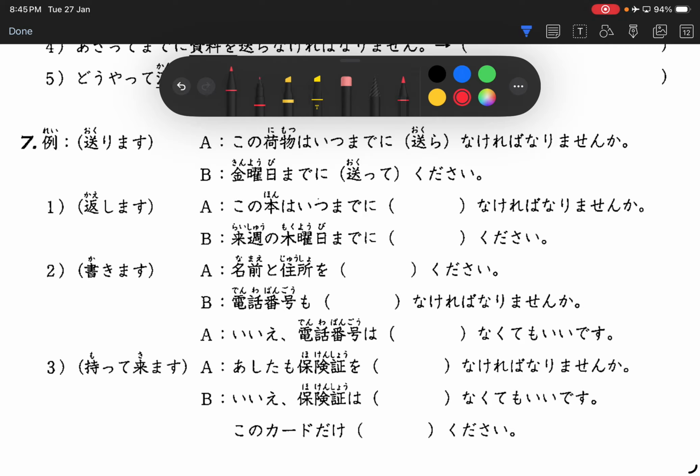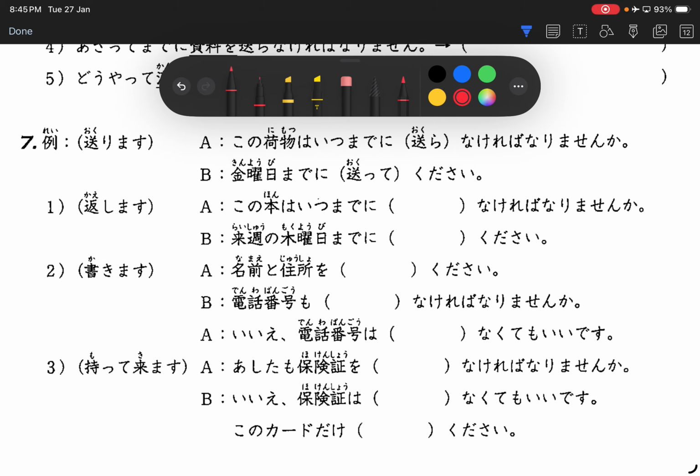Remember, for the negative we just change the い to か. So 書かなければなりません。Question, there's a か at the back. 書かなければなりませんか。